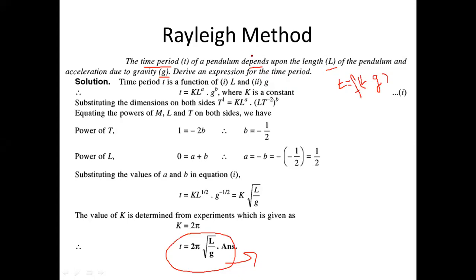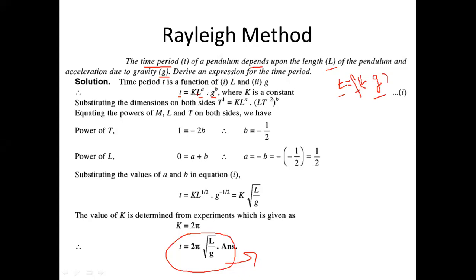Fine. So the very first step, whenever the question is given, is to identify which is the dependent parameter and which are the independent parameters. Time is the dependent parameter. It depends upon L and G, but we don't know what the relation between L and G is. There could be division, multiplication, addition, or subtraction. So initially we need to assume time is equal to L to the power a, where a is some random constant, and G to the power b. b is also a constant.